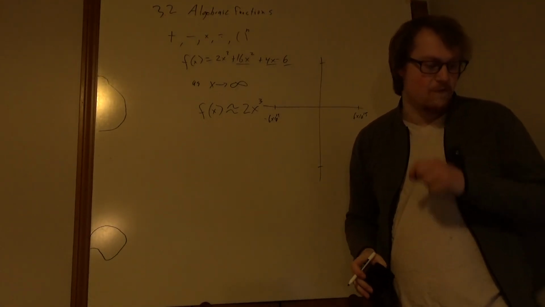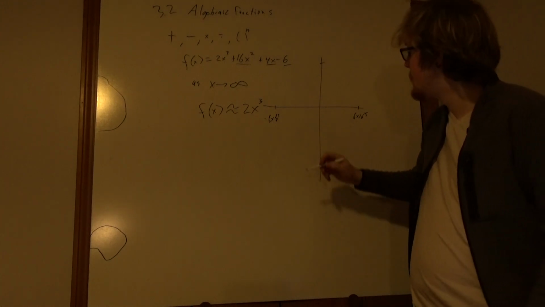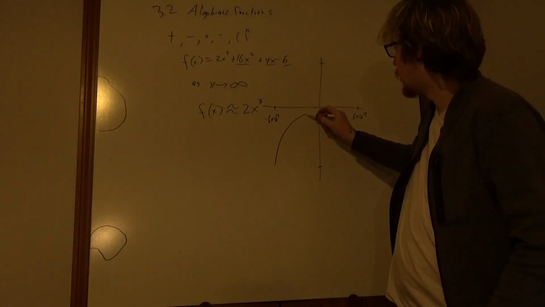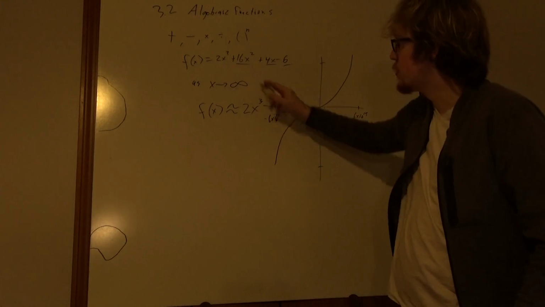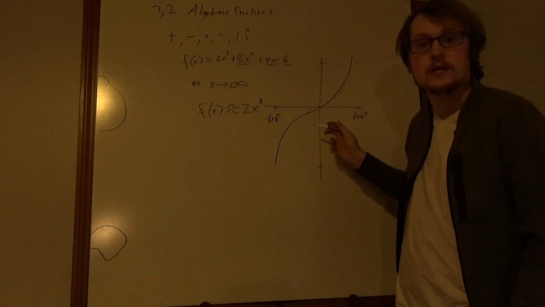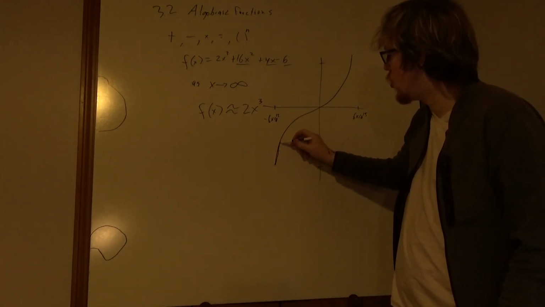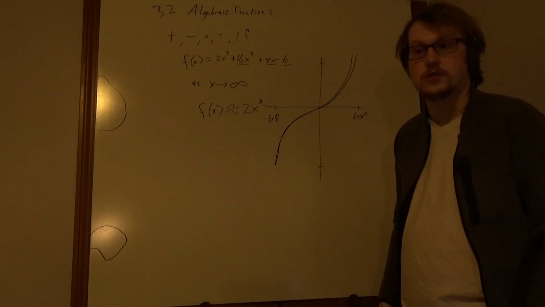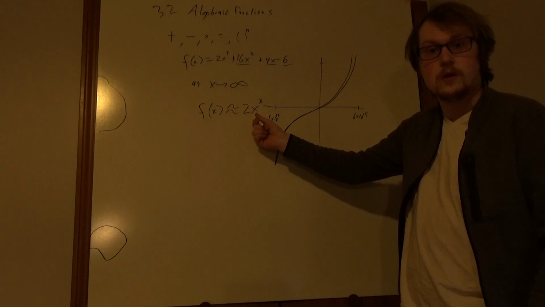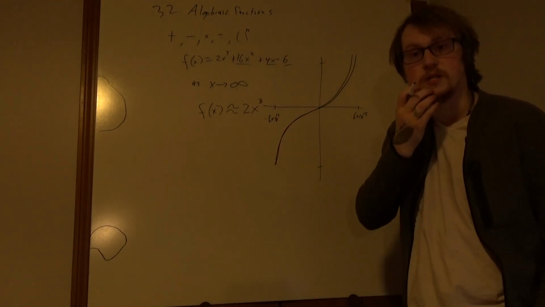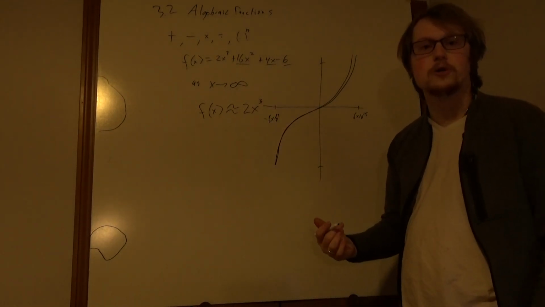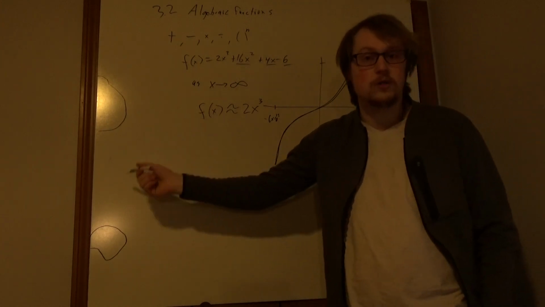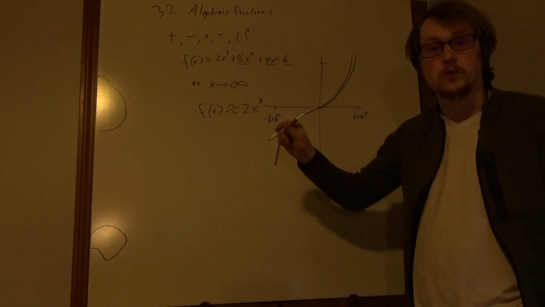So we're zoomed out very, very far. But we find that the actual function, zoomed out at this level, looks almost identical to the graph of just 2x cubed, which corroborates what the logic says, that at very, very large numbers, or likewise at very, very small numbers, meaning towards negative infinity,